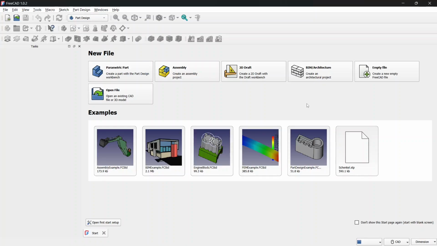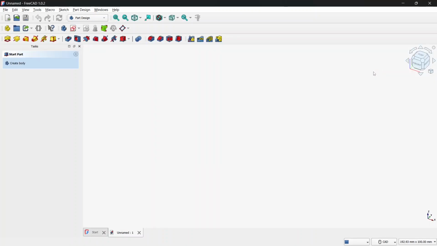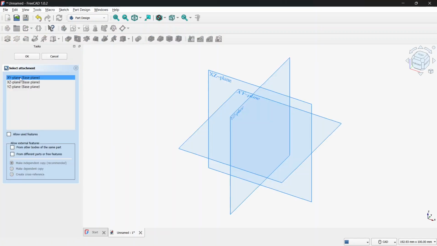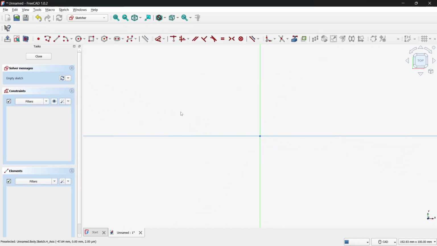Hi, in this tutorial I'm going to show you how to change keybinds in FreeCAD. So if you want to change shortcuts, you need to create an empty file, and after that we need to create a simple body. So I go to create body, I go to create sketch, and I select here XY plane. After that I click OK button to finish this task, and for example I will select maybe this one